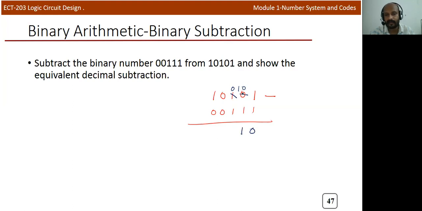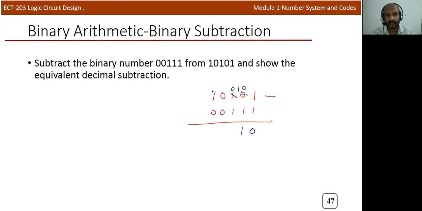All these values are binary. 10 means it's a binary 10, so 10 minus 1 is actually 2 minus 1, that's why it's 1. Now we'll move to the third column. Third column, again it is 0 minus 1, which is not possible. So we'll move to the fourth column. Again, this is not possible here. So now we'll move to the last column, the fifth column.